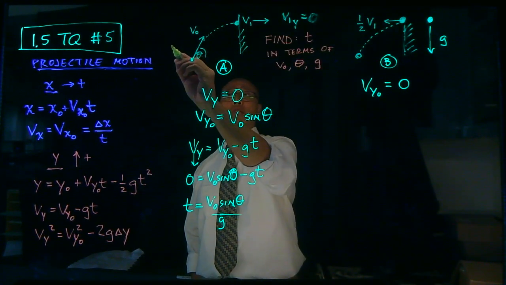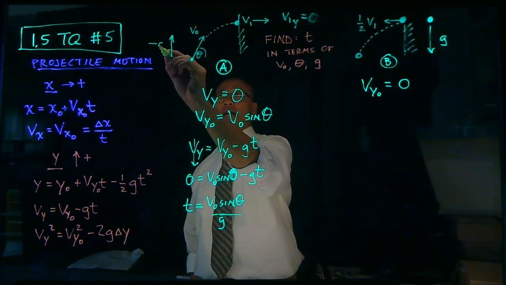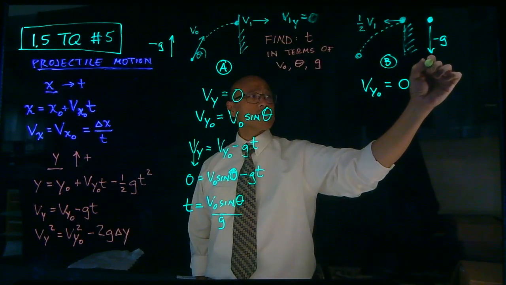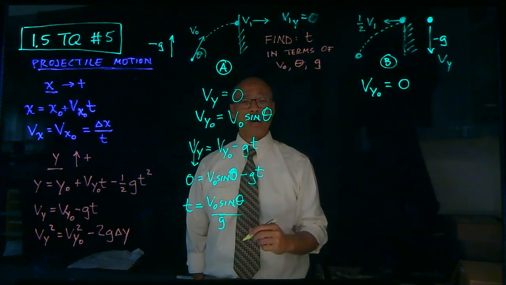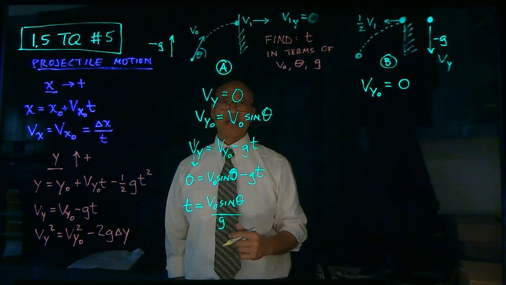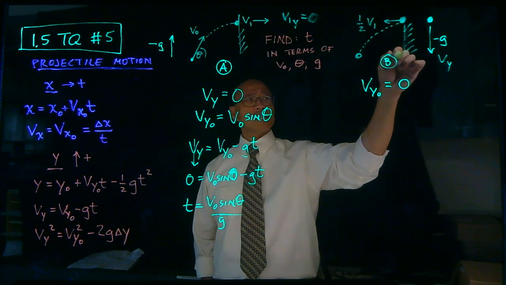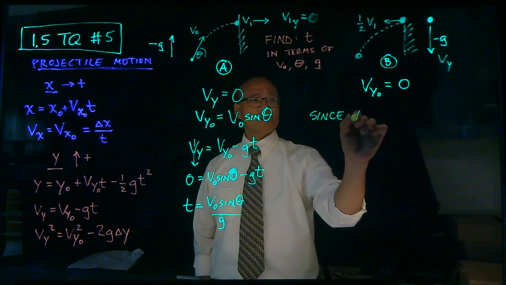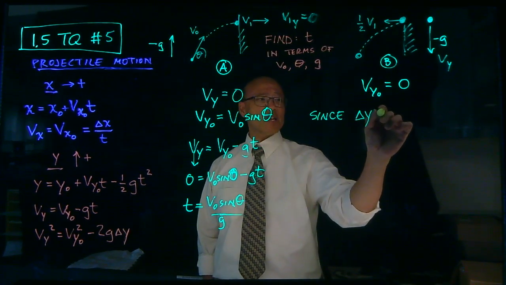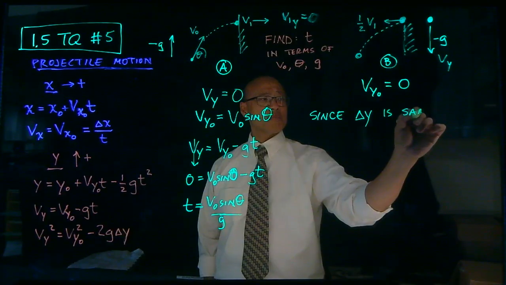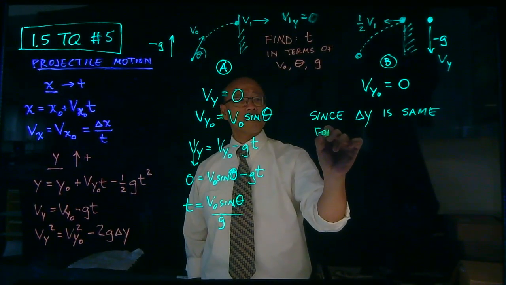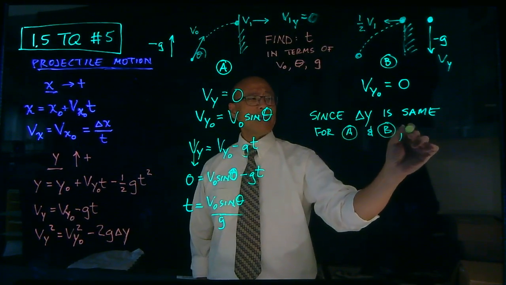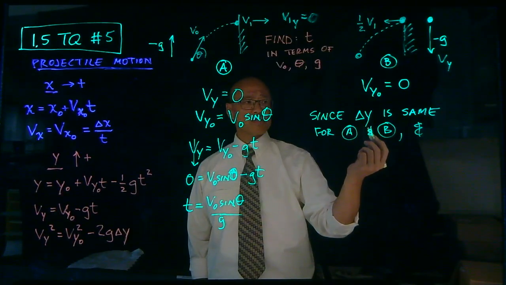Over here, I'm slowing down g downward, right? I mean, this is a -2. But I must have some final velocity vy. Well, wait a minute. If I'm traversing the same amount of space, since my change in vertical space is the same between A and B, and the acceleration is g,